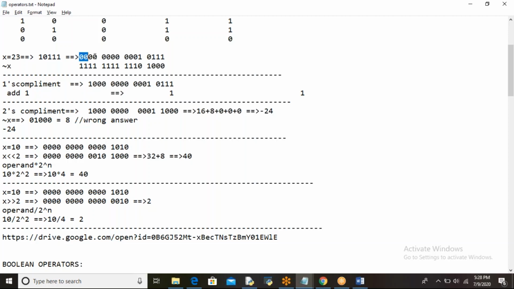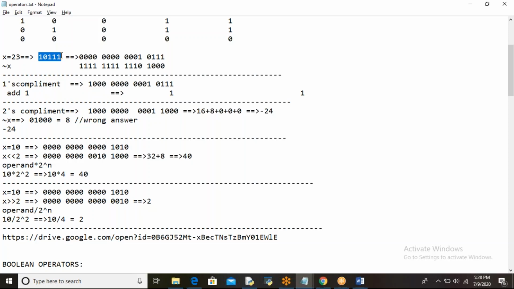So how can you calculate? See, all these zeros became ones. This one became 0, 0 became 1, and the 3 ones became zeros. Now always remember, here 16 bits are there, right? Only 15 bits will form the number. The last bit will be treated as a sign bit. If it is 0, it indicates that the number is a positive number. If it is 1, it indicates that the number is a negative number. So the output you got is a negative number. Got it?